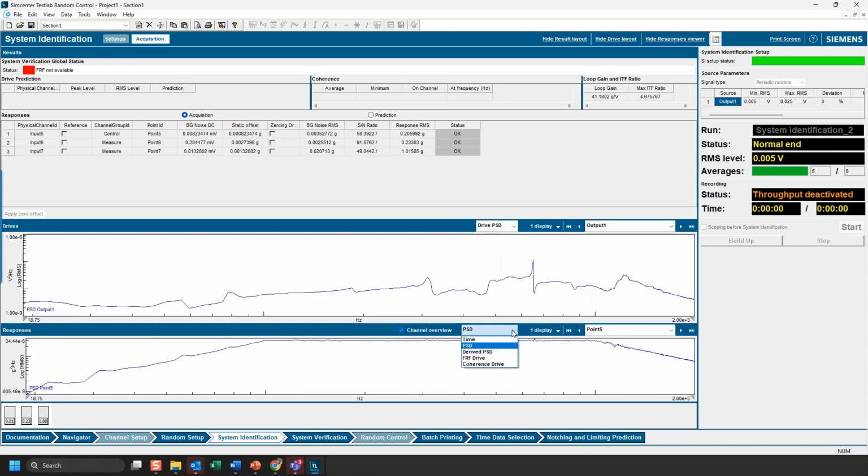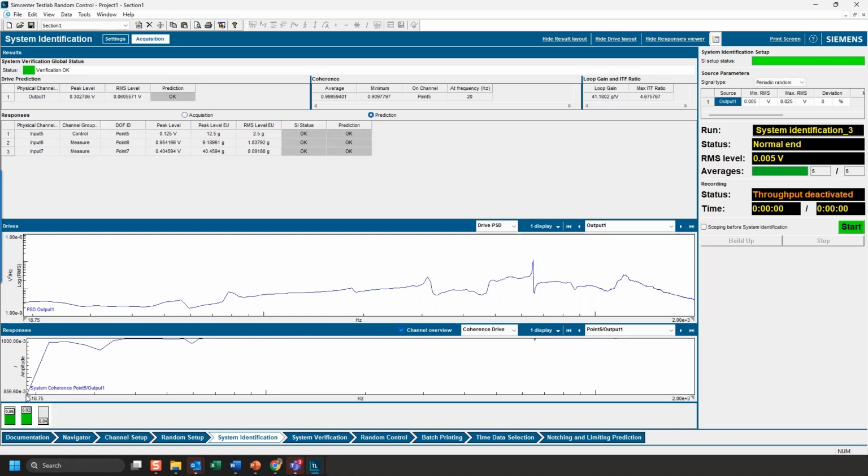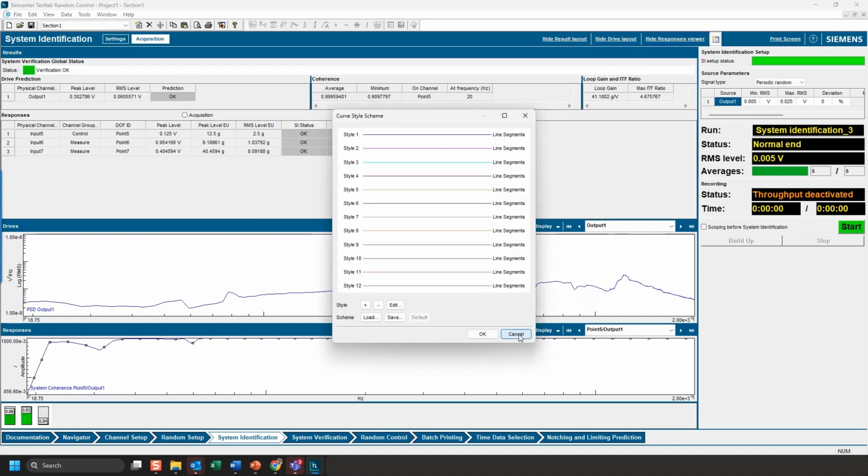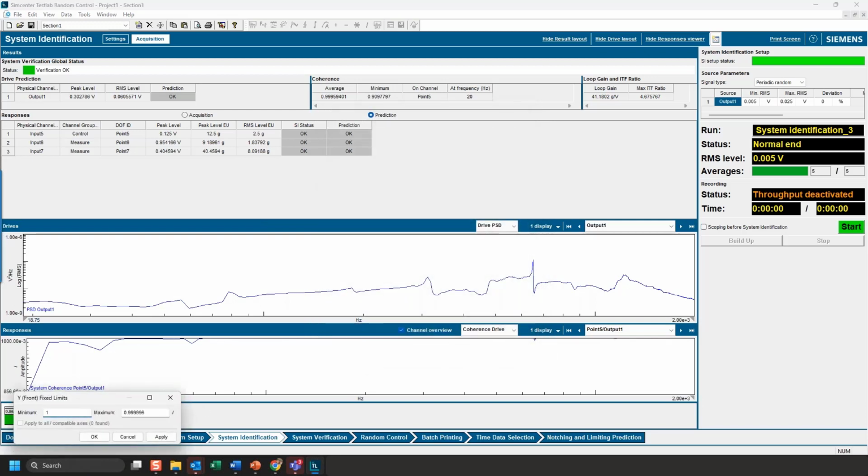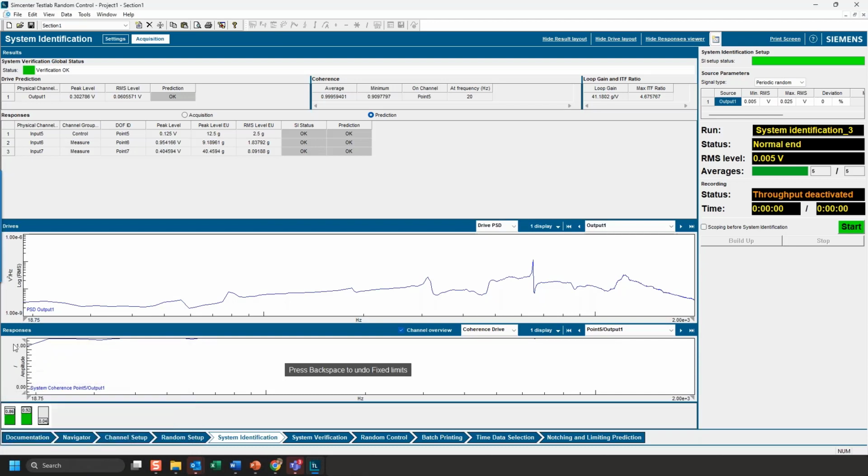And the other thing that's good to always check is this coherence level. Coherence is a measurement of how alike an input signal is to an output signal, and it is a value between 0 and 1. What you want to see is very high coherence. This is an indication that we're going to get a good controllable vibration test. If you had a lot of dips in coherence or a roll-off in coherence, typically that's something wrong with your test setup that you have to check.